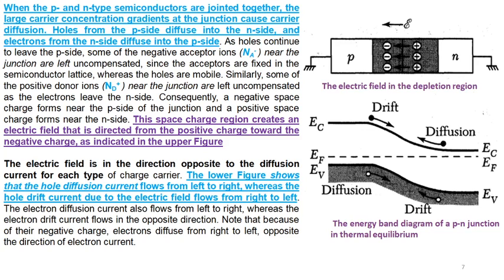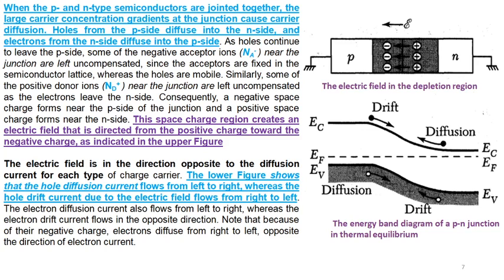there is a positive donor. This space charge region, called the depletion region, creates an electric field. Due to this, the electric field E is directed from the positive charge toward the negative charge, as shown in the figure. Then in the figure below, there is band bending that arises due to